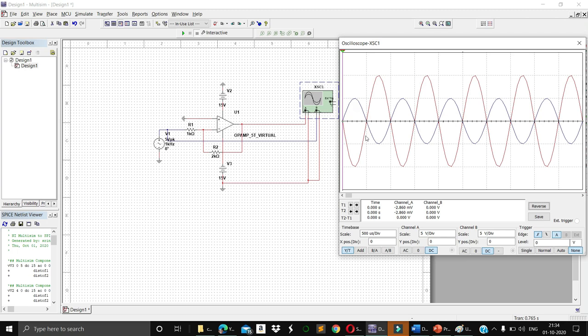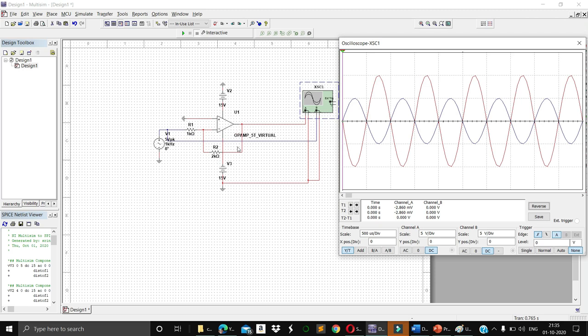As we all know from the definition of the inverting operational amplifier, the output will be 180 degrees out of phase with the input. You can see that it starts from 0, and the output has a 180 degrees phase shift. I have taken R2 as 2 kilo ohm and R1 as 1 kilo ohm.